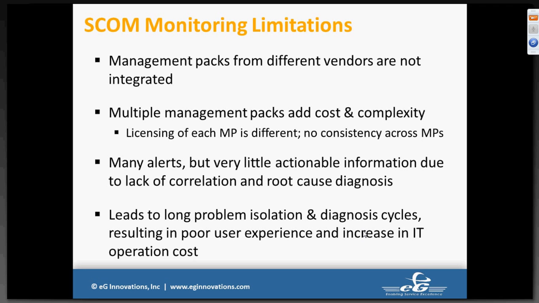So the result is, SCOM administrators often get a lot of metrics from different management packs, but they do not have ready access to actionable information and correlated alerts that can help them pinpoint the real root cause of a performance issue. This lack of an integrated end-to-end view of the infrastructure leads to long problem isolation and diagnosis cycles, resulting in poor user experience and loss in productivity. Another challenge is that different management packs may also be licensed differently, and this only adds to the complexity of